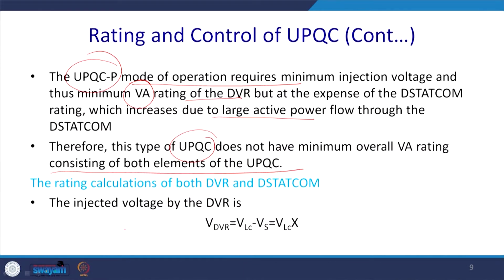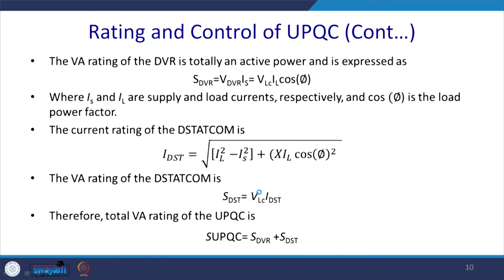The rating calculation of both the DVR and the D STATCOM we can do as we have done in case of the UPQC-Q. The injected voltage of the DVR is VLC minus Vs, which we can refer to as the sag factor times VLC, that is X VLC, where X is the sag factor. Similarly, the rating of the DVR can be expressed as V_DVR into Is, equal to X VLC into IL cos phi,